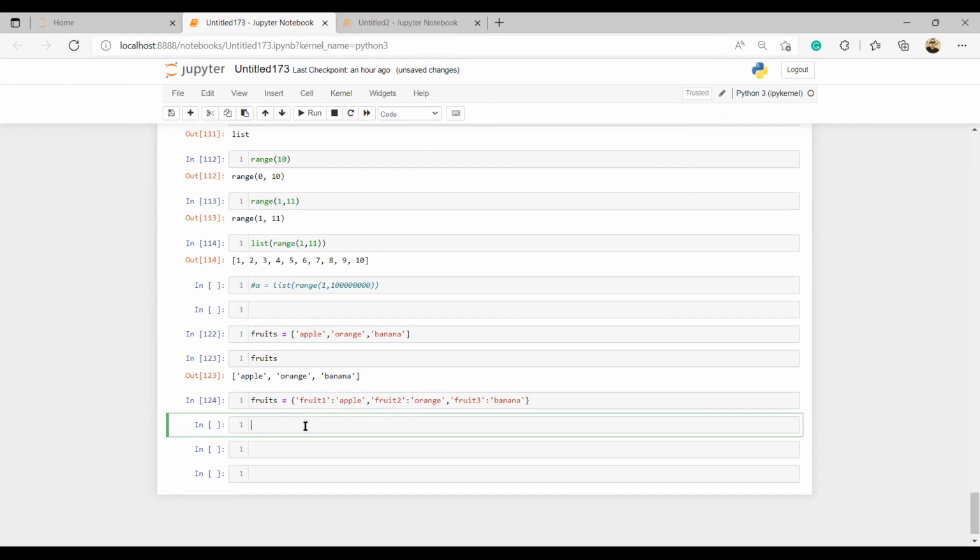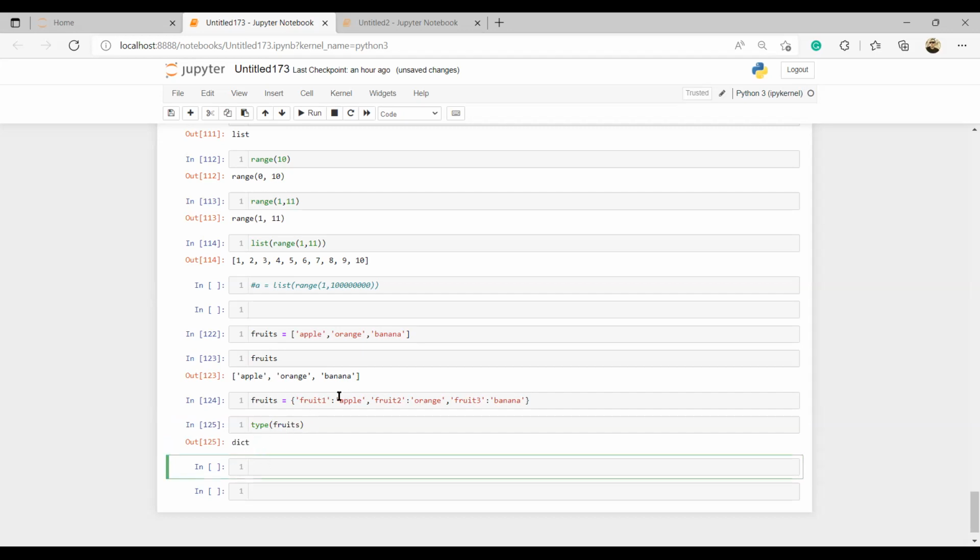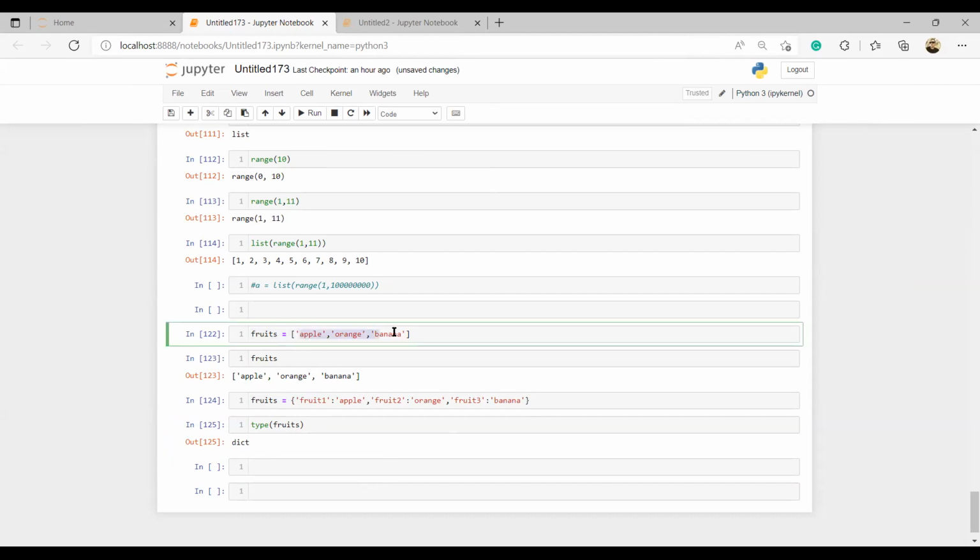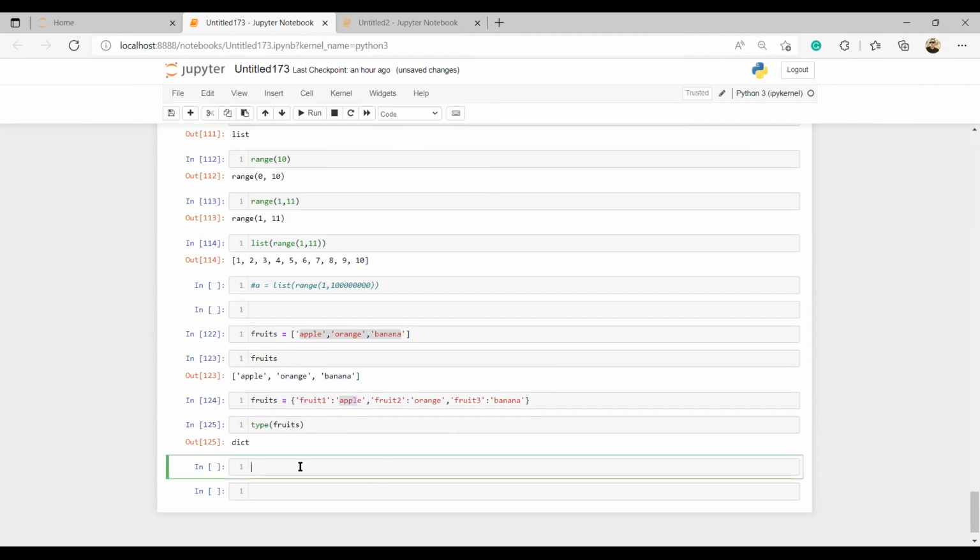Now this fruit is now called what? It's called a dictionary. Does it not replace the initial list? No. Now this one is having only the values. This one is having the key. This is called a key, and this is a value. It's just like, for example, when we start building something very long.